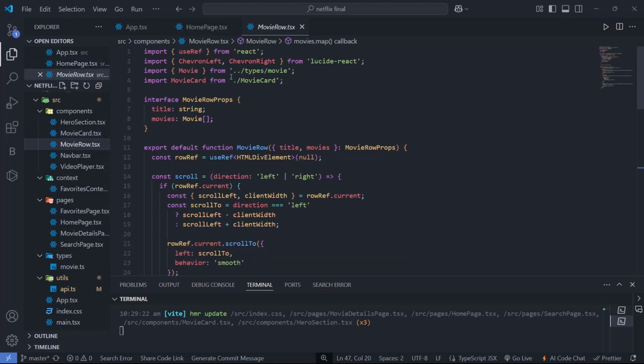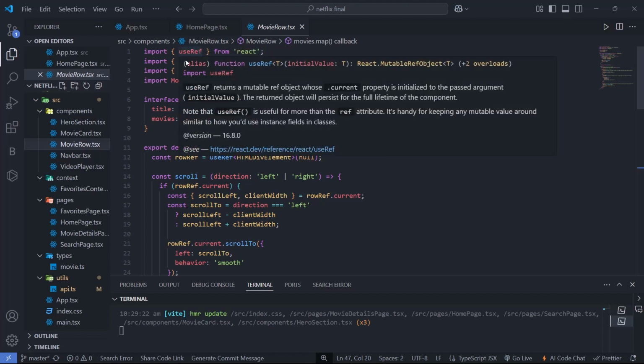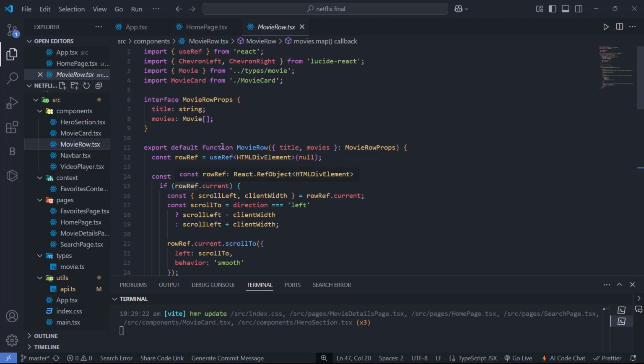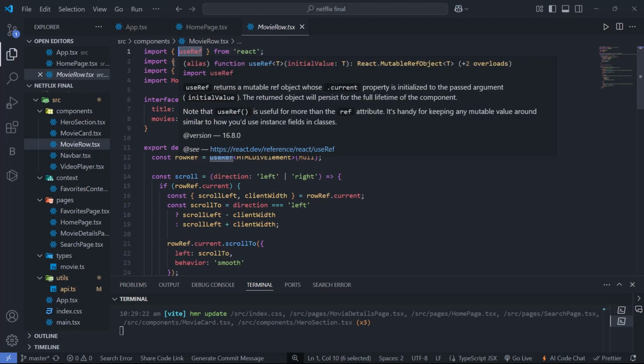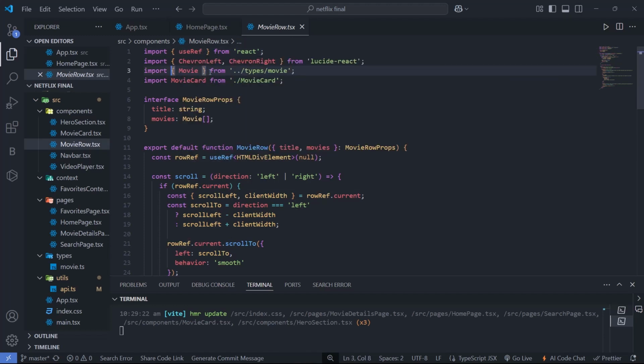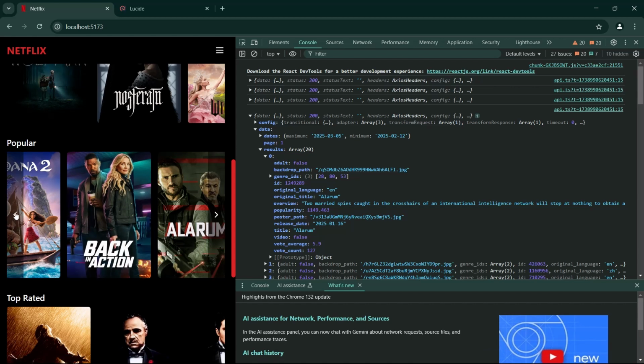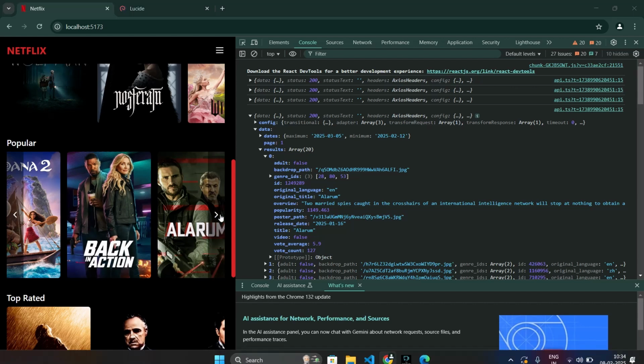What is in movie row? In movie row we have useRef, and useRef is like accessing and updating the DOM without using a state variable, right? This is a new thing in React. So this is a very important thing, useRef, and importing the icons from lucide-react. So this is the left icon. You can see that here we have a left arrow, right arrow. So for that,